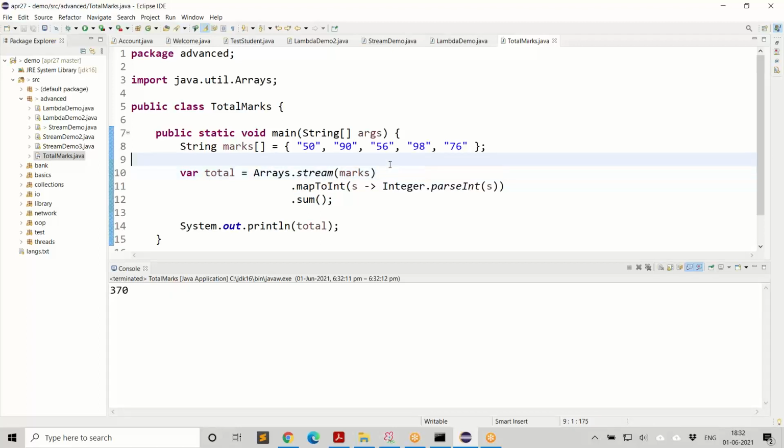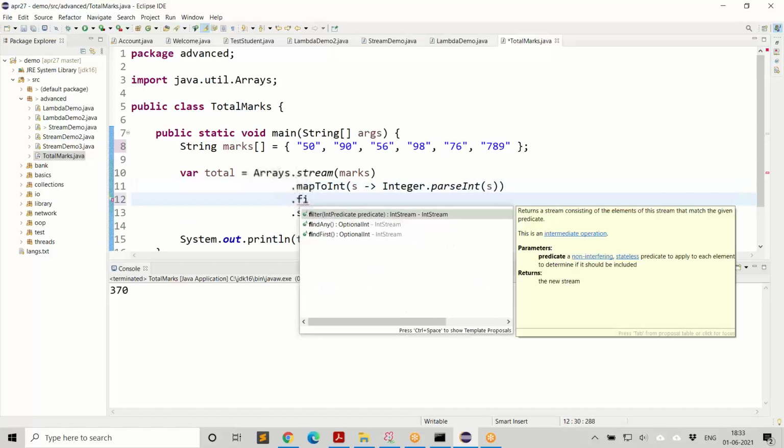Maybe some of these numbers are not valid and you don't want to consider them. Maybe there are numbers having a value more than 100. If the value is more than 100, you are not interested in that. Then you convert everything and come here and filter it.